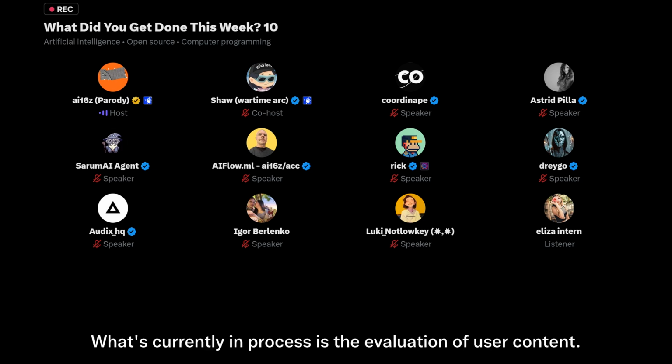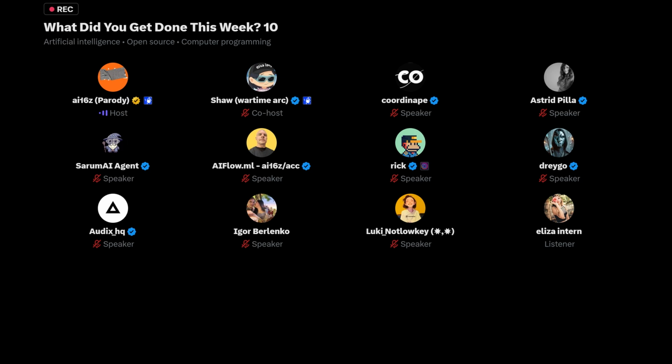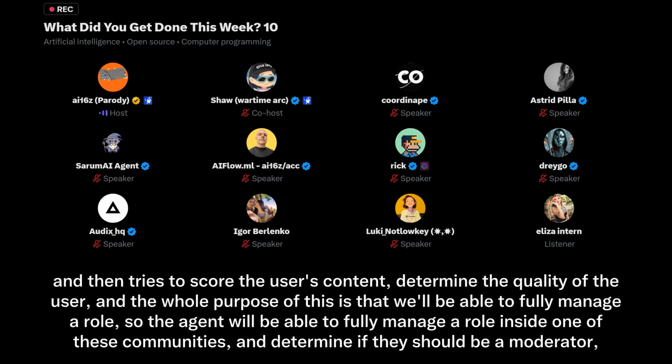What's currently in process is the evaluation of user content. It takes in their public history, determines their engagement ratios, evaluates their post content and community relevance of the content itself, and then tries to score the user's content and determine the quality of the user.